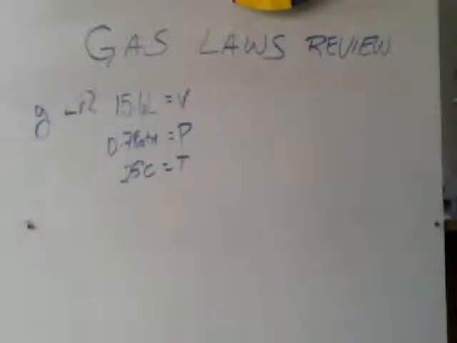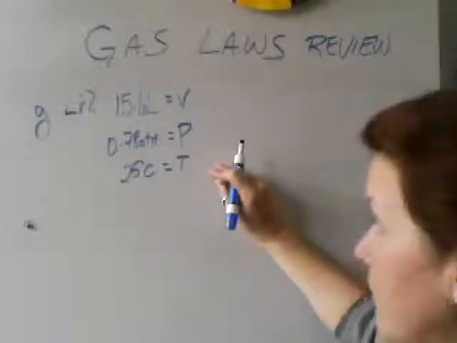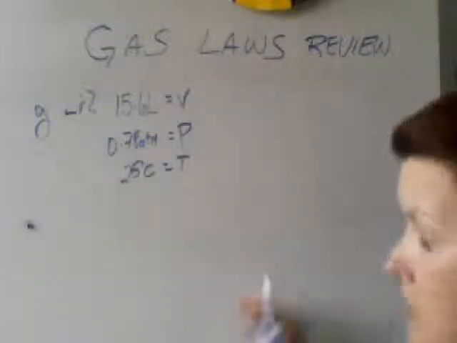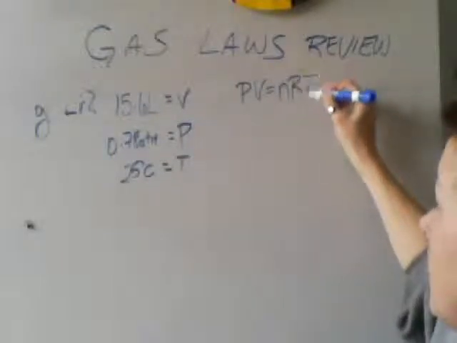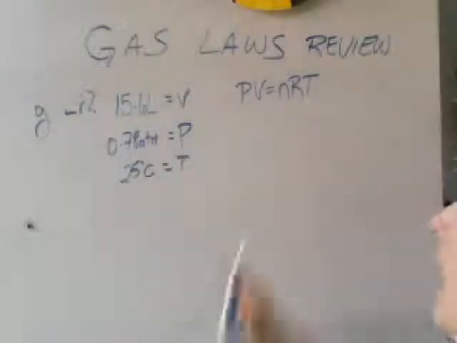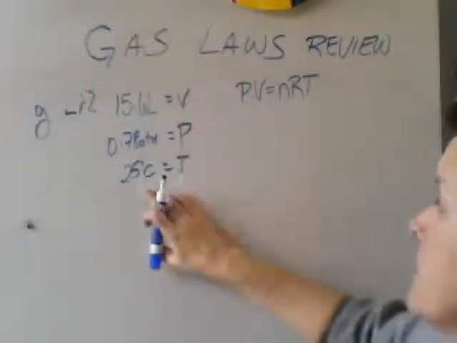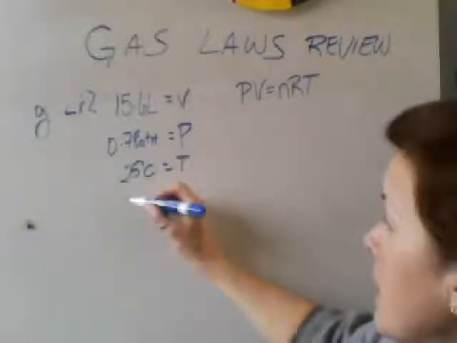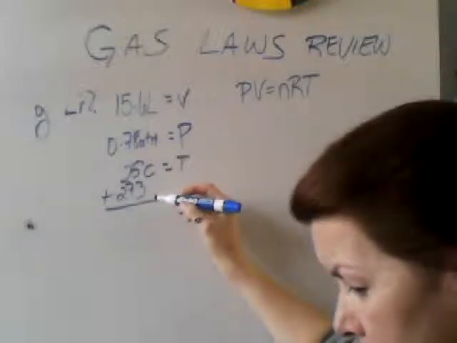So we look at what we're given. We're given volume, pressure, and temperature, and it wants to know grams, so we know we're probably solving for moles that we can convert to grams. So we want to use our friend PV=nRT. We select our equation and write it down. Then we check our units. We have pressure in atmospheres, volume in liters, temperature in Celsius. And we know that when we're dealing with gas laws, we always want our temperature in Kelvin, so we're going to add 273 to that